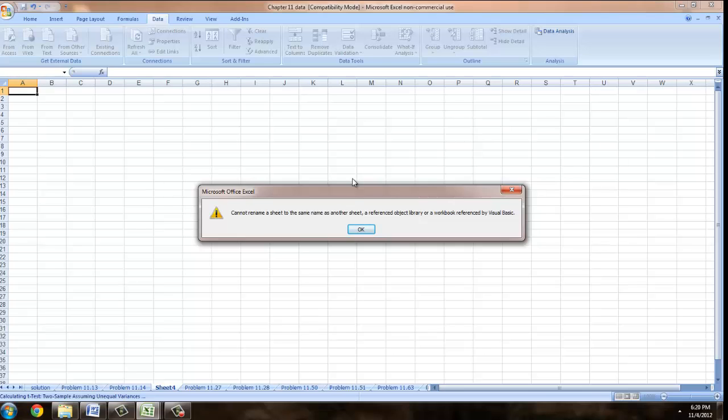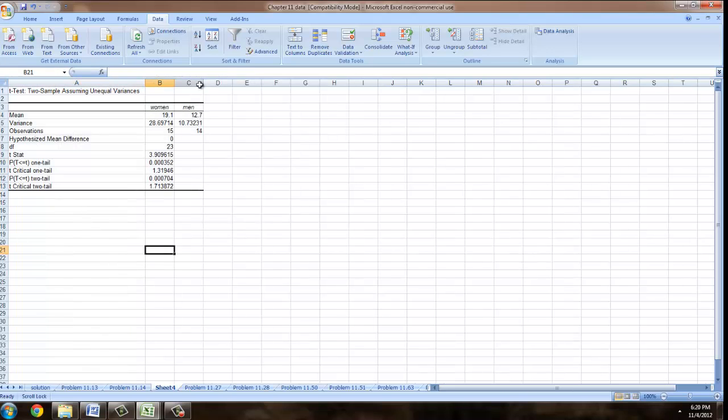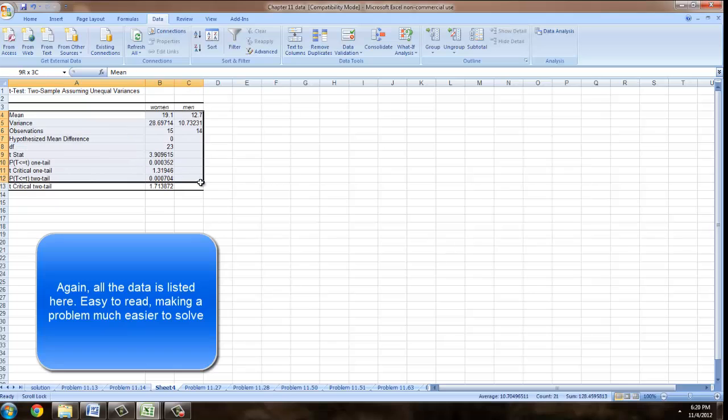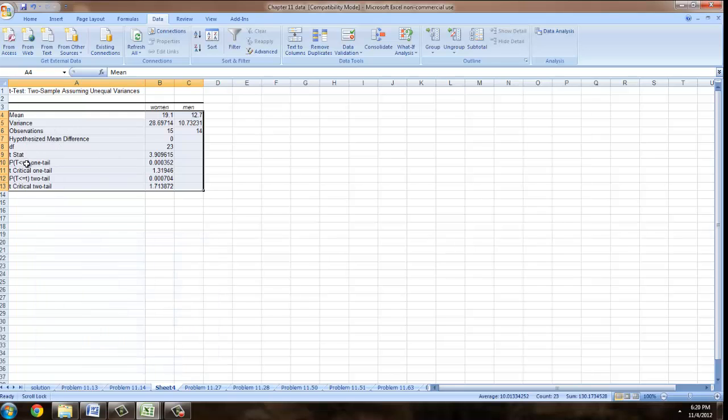And it cannot do this problem because apparently it's incorrect data. And there we go. So apparently it could do the problem. And here is some data that we can use. We have the mean of both men and women, the variance between them, observations, hypothesized mean, df, t-stat, and the p-values and t-criticals. And when we're solving statistical problems, the ones that we most look for are the t-stat, the p-values, and the t-criticals, which this gives you right there, right in front of you, easy to see,